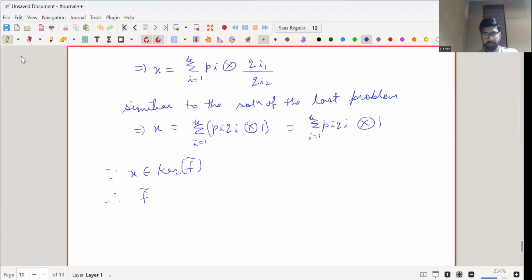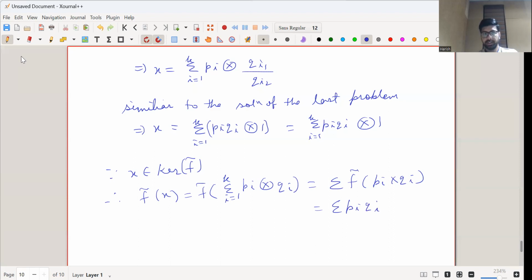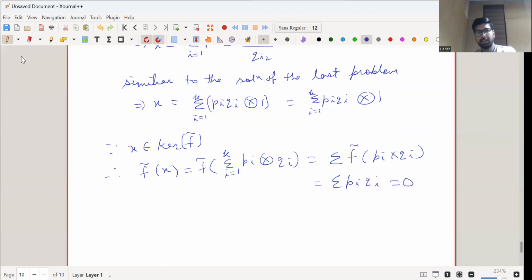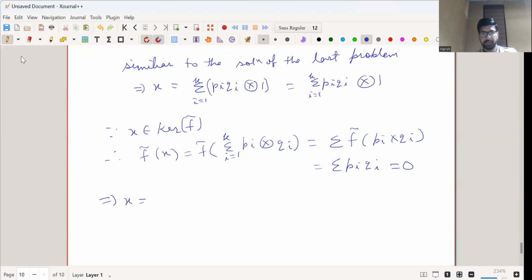Therefore f delta of x, that is f delta of summation i equal to 1 to k of pi tensor with qi, and since f is linear you can take it inside, pi tensor qi, which is just the summation of pi qi, and that is equal to 0 because x is in the kernel. This implies x, which is the summation of pi qi tensor with 1, is nothing but 0 tensor with 1, which is 0, and thus f is injective,